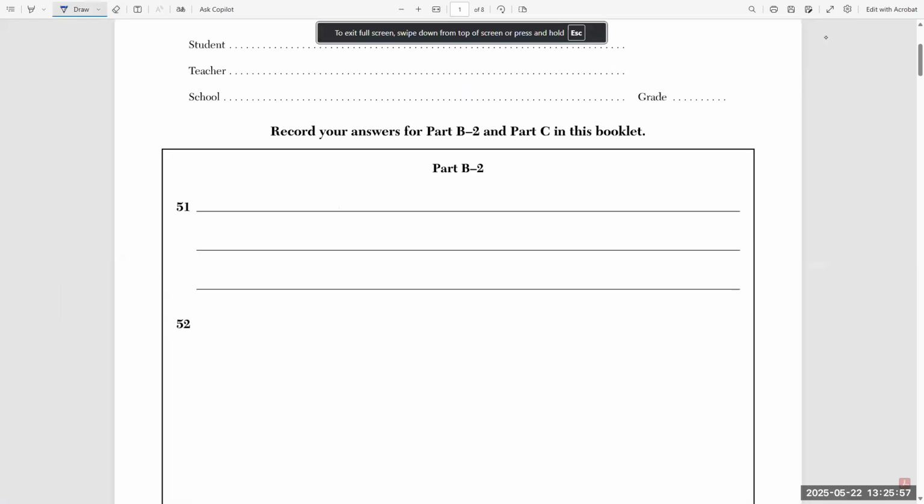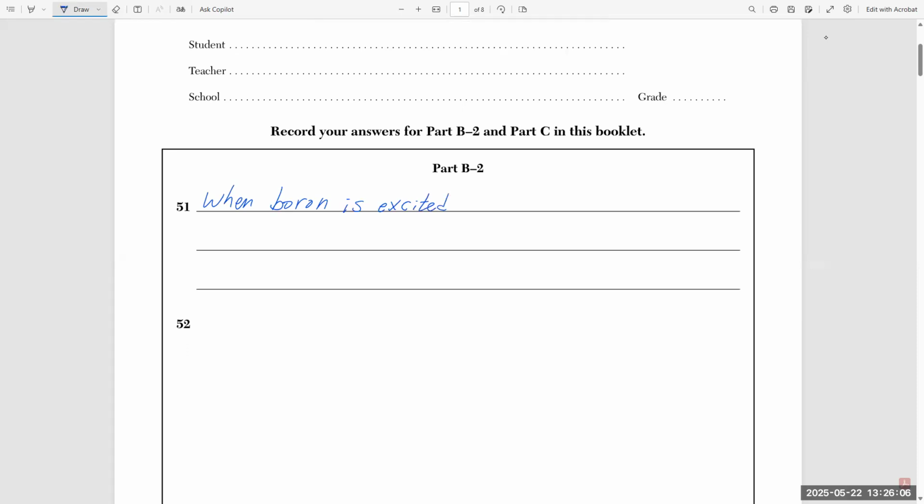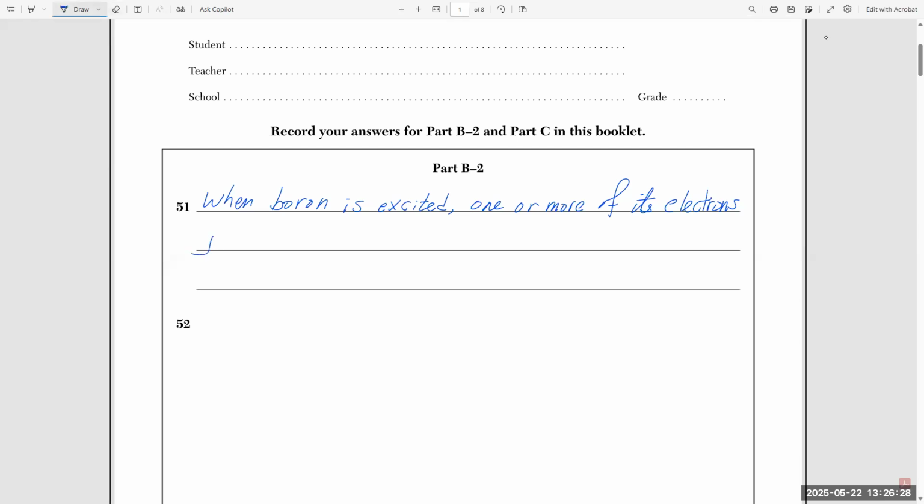We're going to write that when boron is excited, one or more of its electrons jumps to a higher orbital,